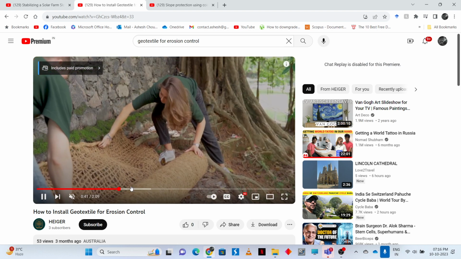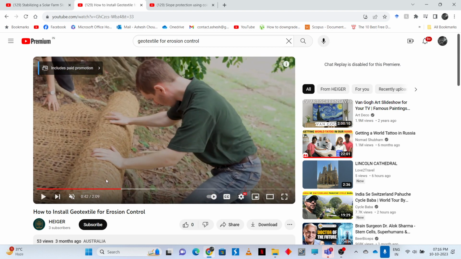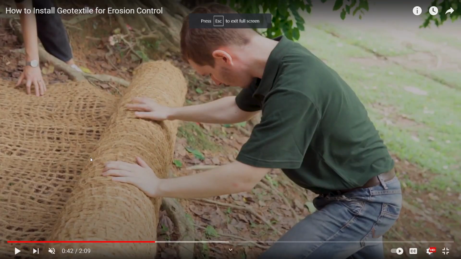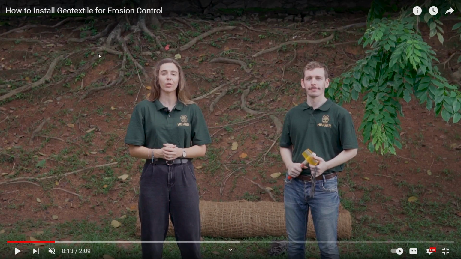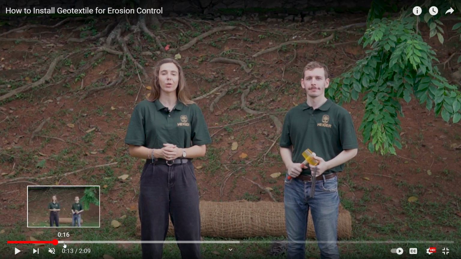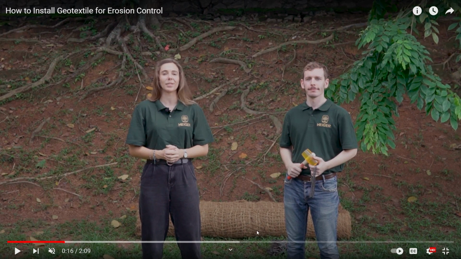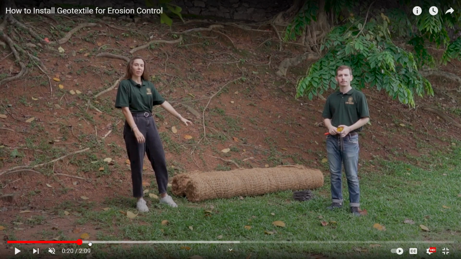So just forward. Here you can see these are jute or coir geotextiles. They are using this jute or coir geotextile for slope protection. It looks like a park kind of thing, right? In such cases we generally prefer this natural geotextile, so that it aids the natural growth of vegetation over it. So this is the slope,